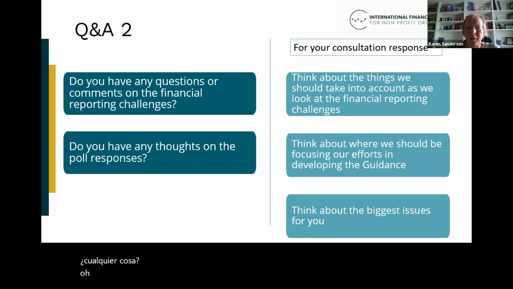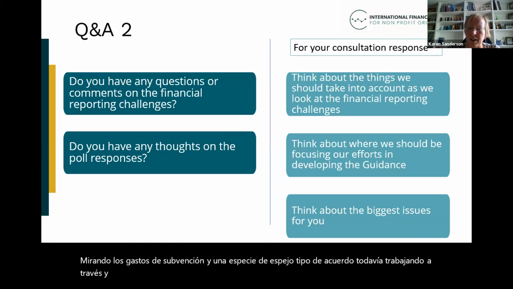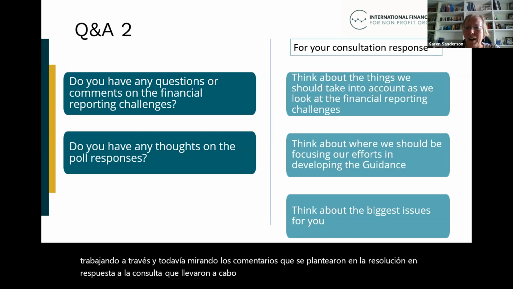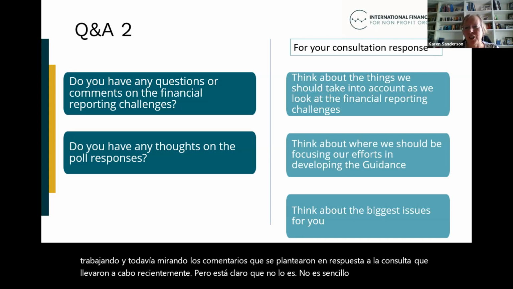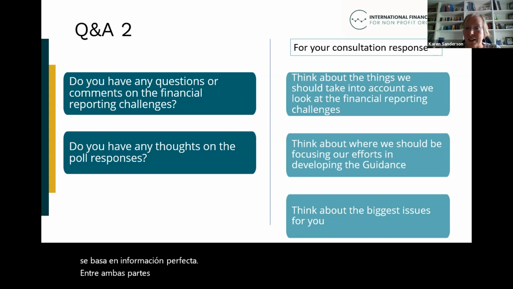Yeah, I mean, you've covered a range of things there, and you're right. The work that IPSASB is doing, looking at grant expenses and a mirror kind of arrangement, they're still working through that, and still looking at the comments that were raised in response to the consultation that they recently carried out. But it's clear it's not straightforward, and a lot of it relies on perfect information between both parties, and the reality of that is quite difficult